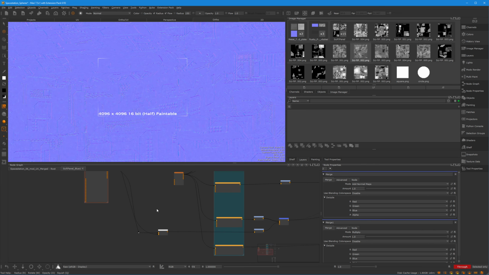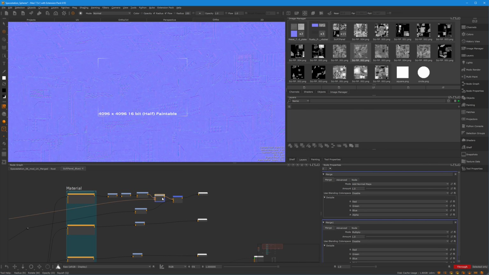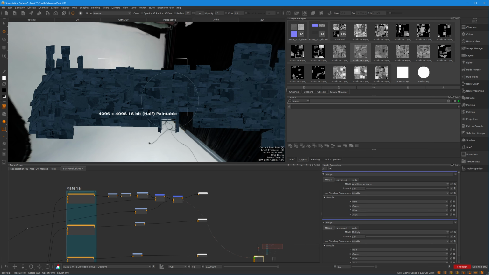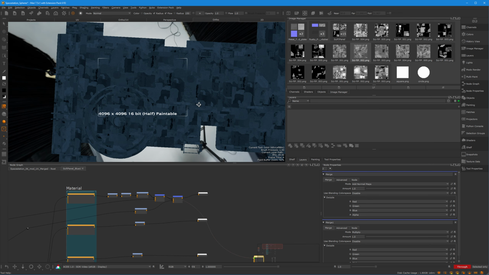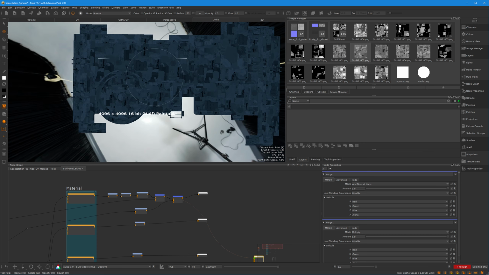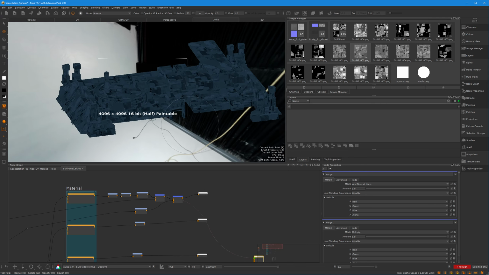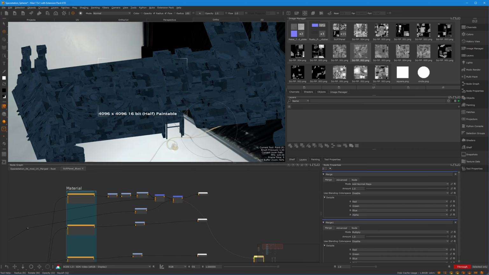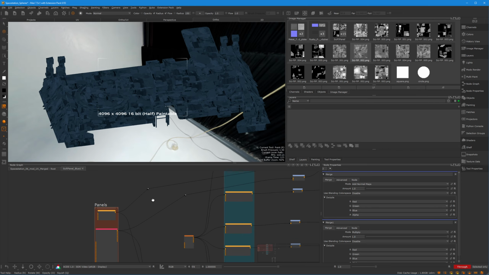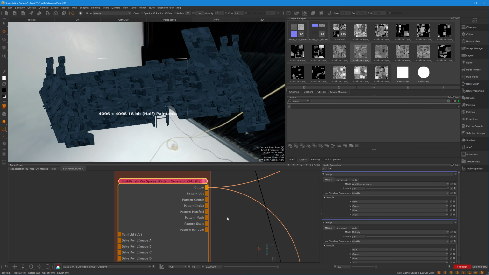Same way, and for displacement, you can actually just do add, because you don't have to stay within 0 to 1. So with this texture though, it's repeating, and you can see that here. So 1, 2. So to break up the repetition, even though it's quite broken up because of the scale of the texture, it's not that bad, but to break it up, I'm using, this is an extension pack node, but